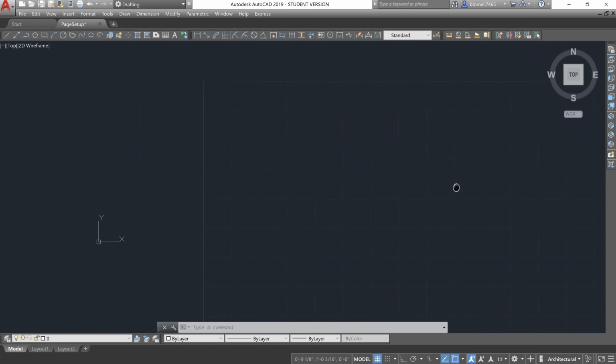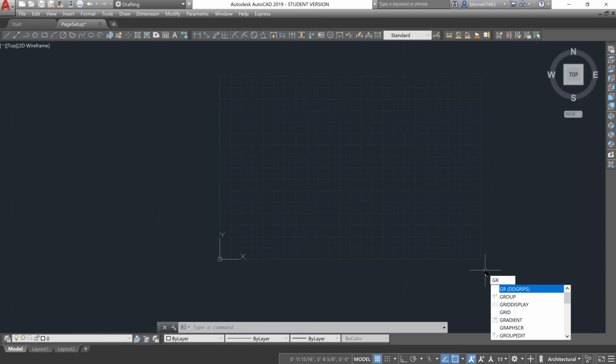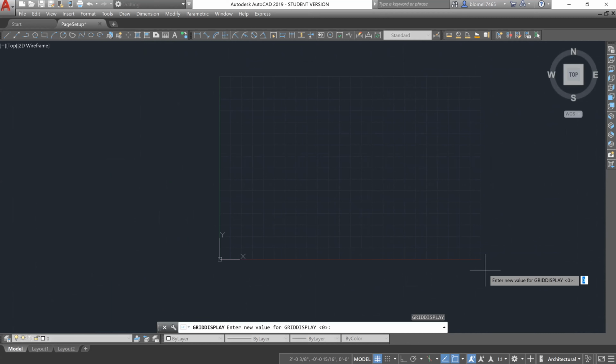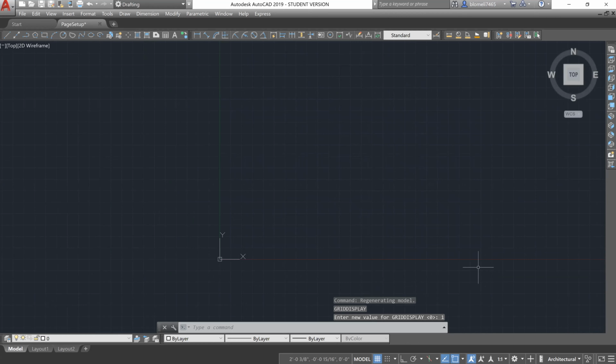So now that that's set, I'm going to show you there's 3 grid displays you can have. The one we're on is 0, which is limiting our grid to our sheet of paper. The next one is an infinite grid, and that is grid display 1. So if you type in grid display and then you type in 1, you'll see it's an infinite grid again. Now the third option is grid display